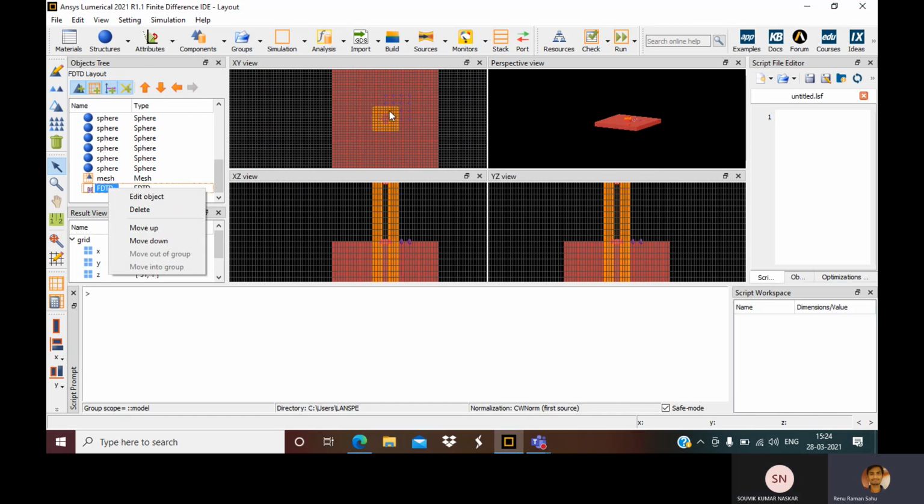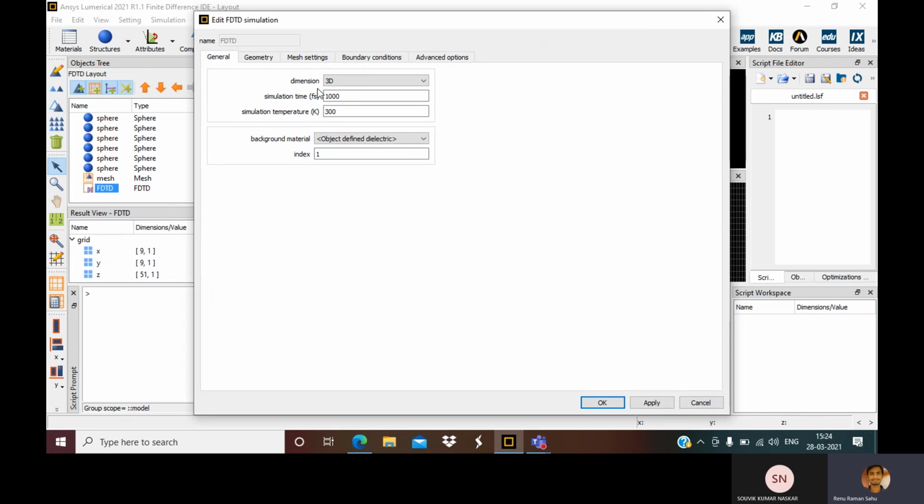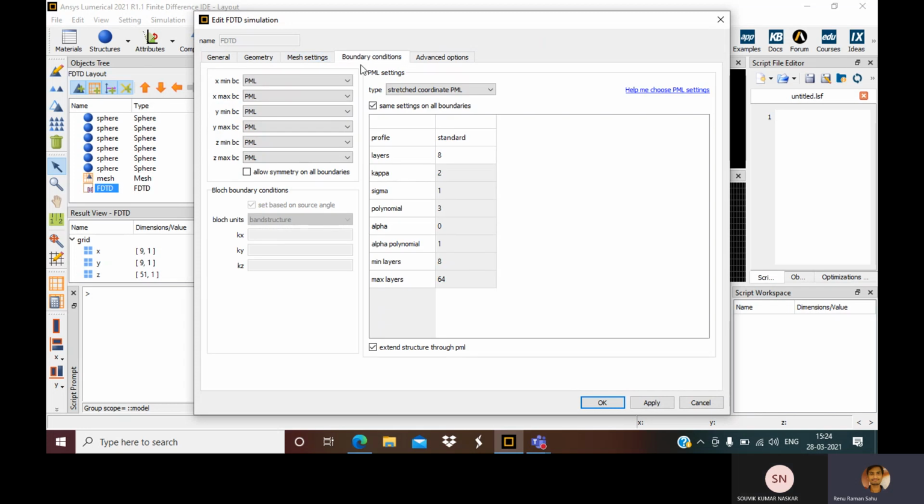This is thick, isn't it? That is because the default boundary condition is the PML, or the perfectly matched layer. So it will absorb energy from the boundaries. Whatever light falls into it gets perfectly absorbed. So we don't want that. So let's go to the boundary conditions. We want x minimum to be periodic, so that it extends in the x direction infinitely. The y also, let us, I cannot hear. What, yeah, you were saying?